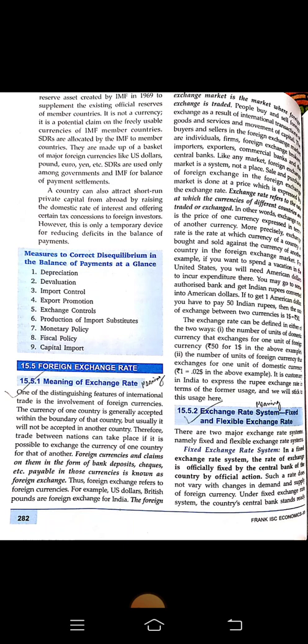And floating exchange rate can be of two types. One is clean floating and the other is managed, or dirty, floating. The system of clean floating is that the central bank stands aside completely and allows the exchange rate to be freely determined in the foreign exchange market, and the central bank does not intervene in this case. Under managed, or dirty, floating, the central bank intervenes to buy and sell foreign currencies in an attempt to influence the exchange rate.